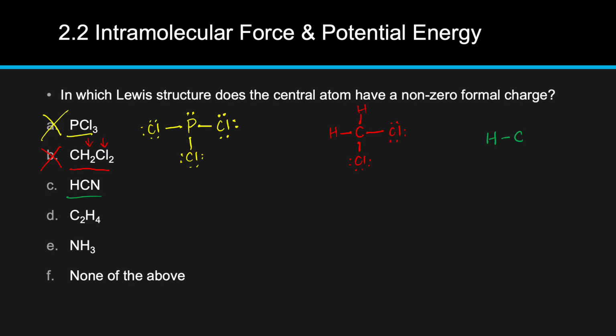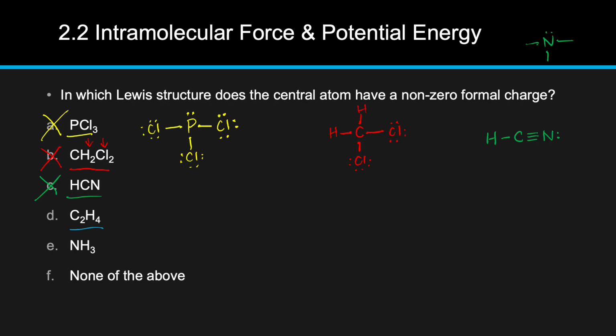Then we want to look at nitrogen. We remember that nitrogen has 5 valence electrons, right? So 1, 2, 3, 4, 5. It wants 3 bonds and 1 lone pair. Now, it doesn't mean it has to be 3 single bonds. It could also be a triple bond. So now nitrogen is bonding how it wants. Carbon is bonding how it wants because it has 4 bonds, and so is hydrogen. So there's 0 formal charge on this molecule. So this would also not be the right answer. Then we move on to our